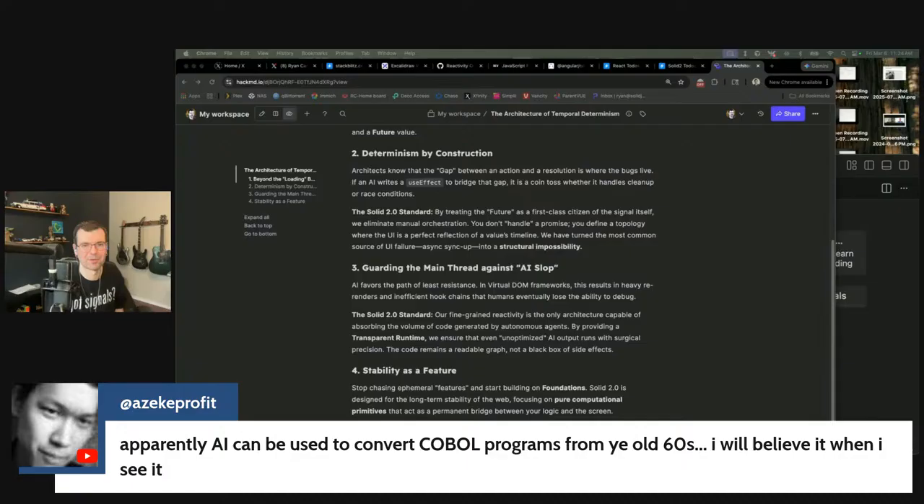Parent COBOL can use convert COBOL. Sorry, AI can use convert COBOL. I believe it when I see it. Yeah, I mean, yeah, it's. I mean,